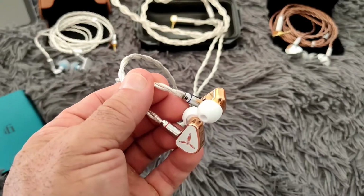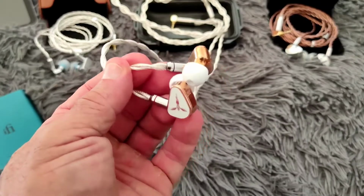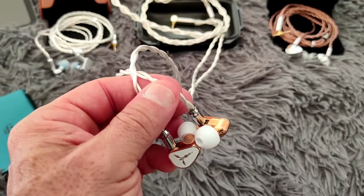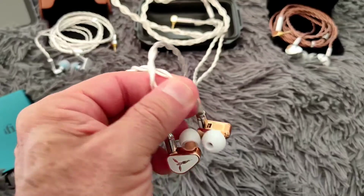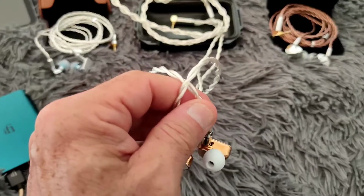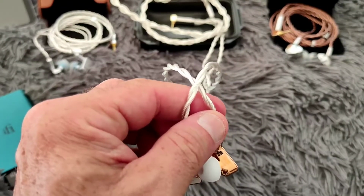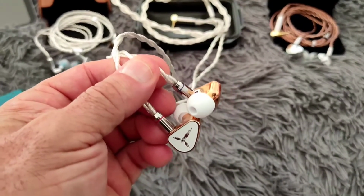Treble is enough. It suffices. It matches up nicely with the amount of bass that is present, so there isn't any lack of cleanliness or ability to gather details and so on and so forth. There's plenty of air, let's put it that way. The one thing that is nice is the upper mids and the treble. At least I didn't perceive any sibilance. And again, we're talking about an IEM of this price range, and I didn't perceive any sibilance, which is really worth mentioning. Overall, the sound of the Hana, in my opinion, is very smooth,